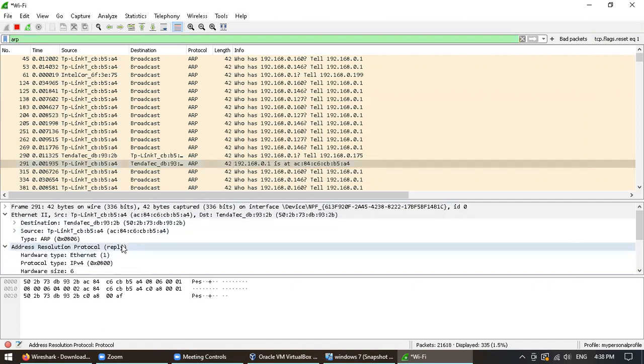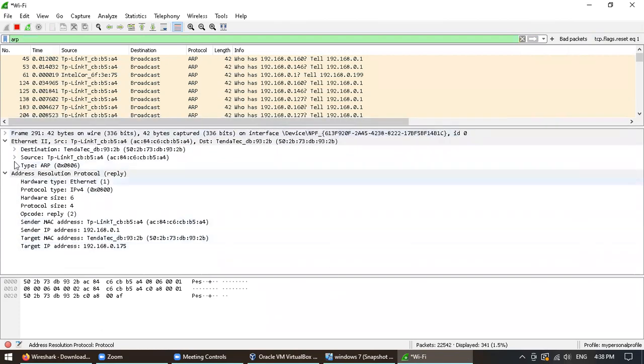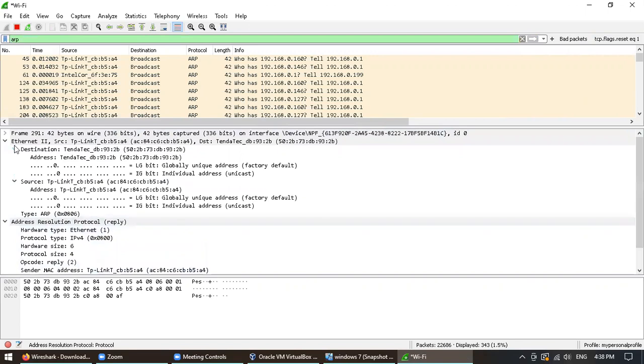It is an ARP reply, not a request. In IP version 4, you can see the source is this and the destination is this. So whoever the device requested is sending the reply, you will see.